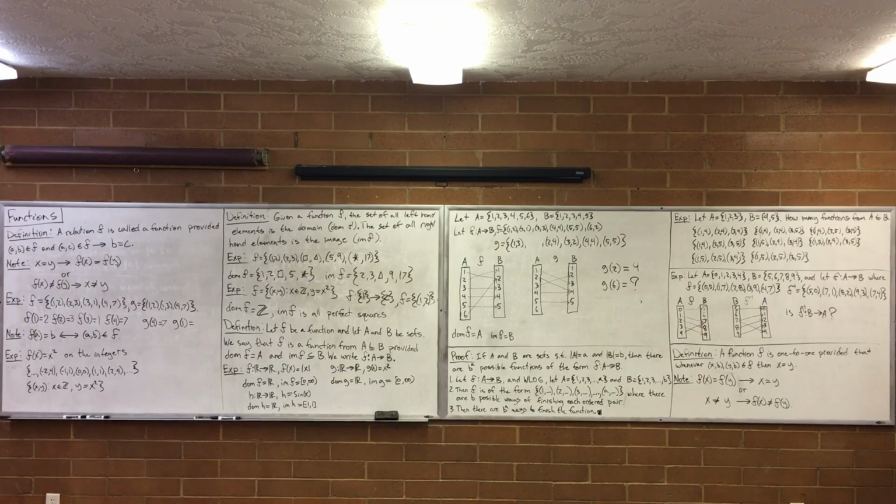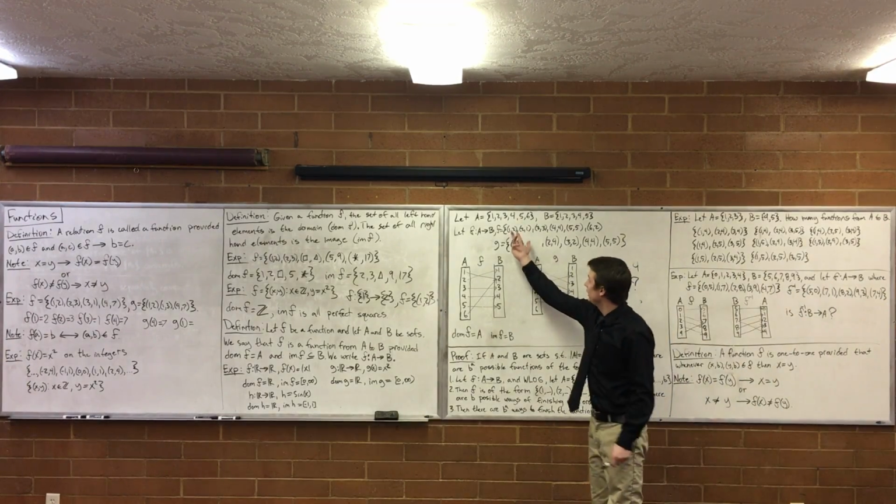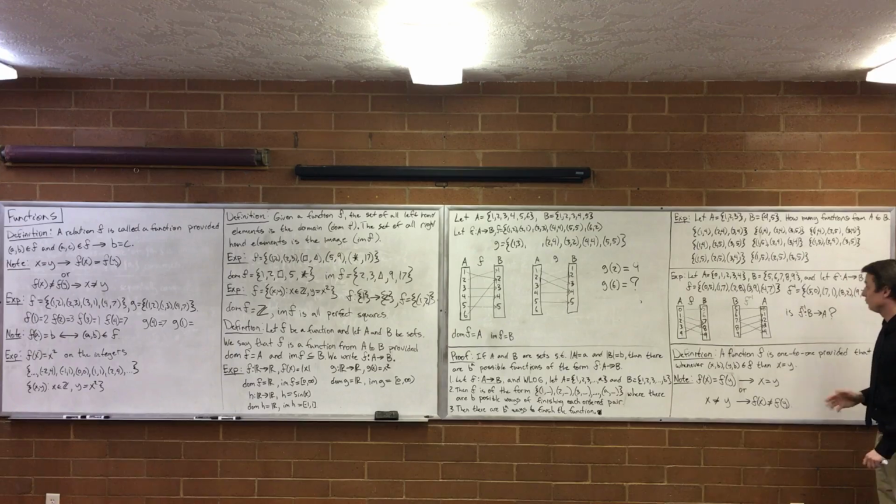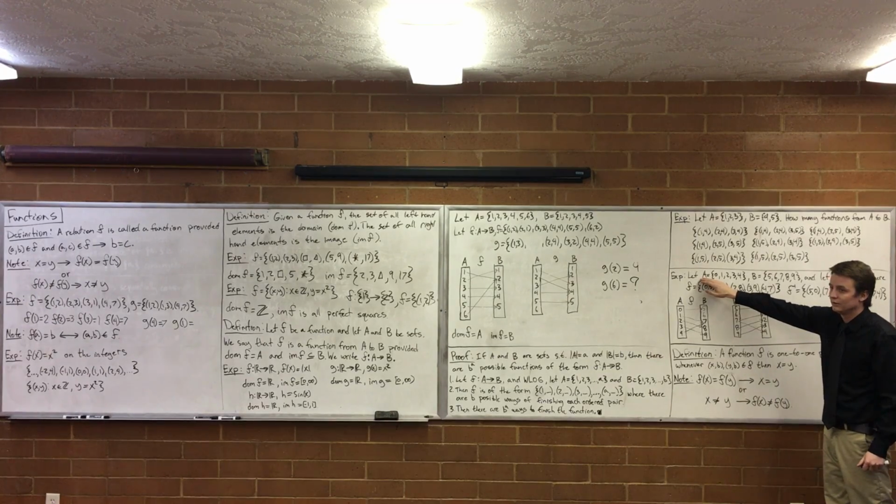Now let's talk about the inverse of a function. We already knew how to take the inverse of a relation. You switch them, you just swap them all. You go to each element and you swap their positions. That's what it means to have an inverse relation. Same thing with a function. If I want an inverse function, I take the function and swap all those things. But it's only a function if after all the swapping, I'm left with a function. So let's make sense of it, and then I'll say that again.